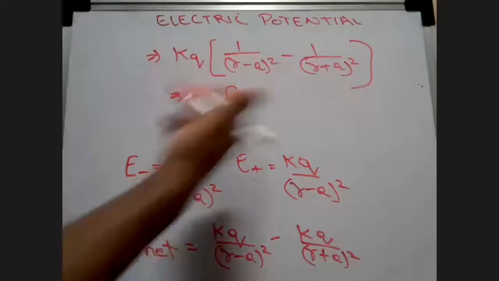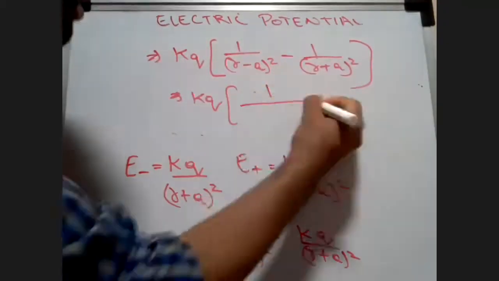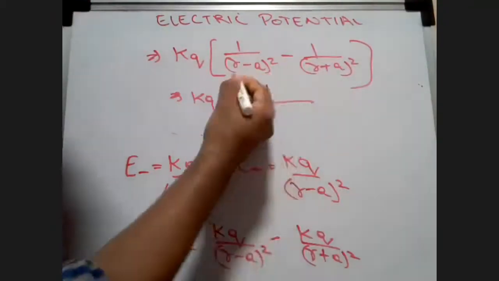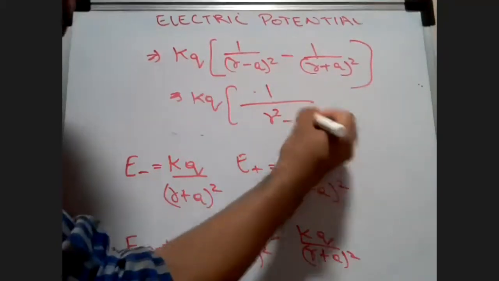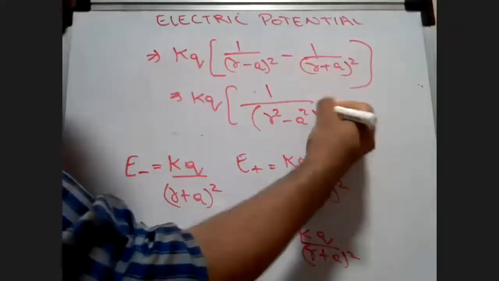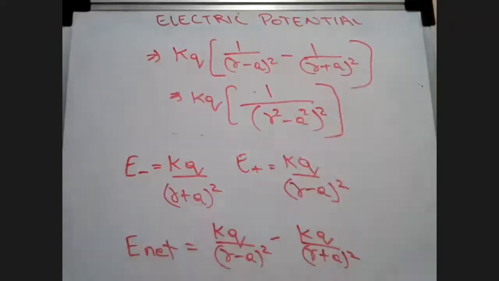No, of course you can do this method. No, why will you expand it? You know, r minus a, r plus a, that is going to be r square minus a square, and the whole square of it, whole raised to 4. So you'll get this. Any doubt? Anywhere anyone has a doubt? No, sir.